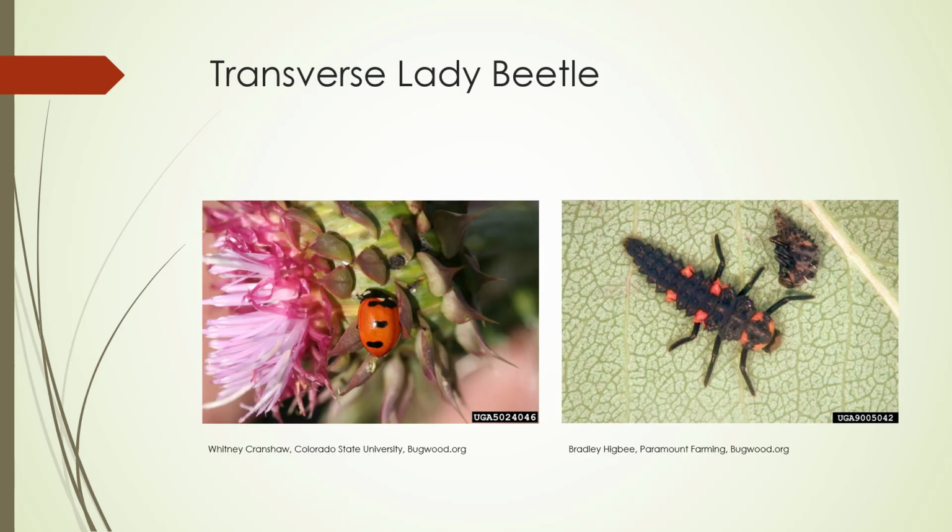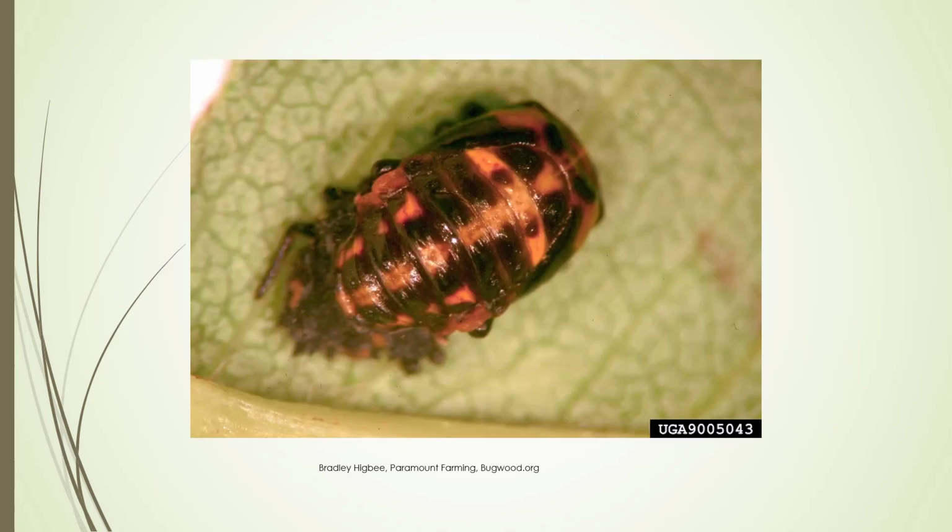Here's the transverse lady beetle. They actually will attack psyllids. They're specific to psyllids along with aphids. But they're increasingly rare because things like the seven-spot lady beetle are out competing the transverse, which is native to our area. It is one of the first to arrive in orchards, so it's an early pest manager, and you get 1 to 3 generations per year in the Pacific Northwest. Here's the pupa.